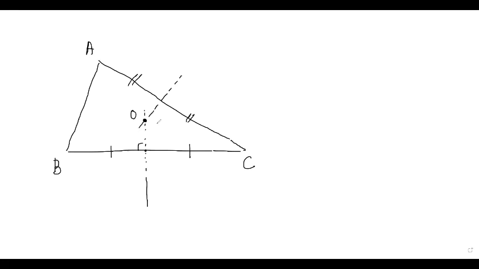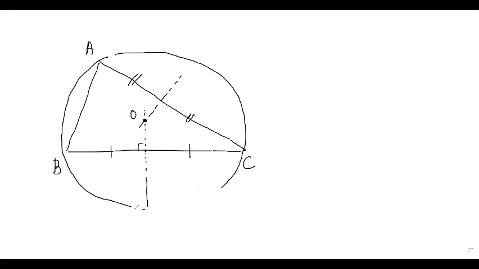This is half and half, right? This is O. Now, since O is the circumcenter, we can draw a circle that passes through all three vertices and has center at O. So this is my circumcircle, roughly. Don't worry about the figure so much, but you understand that this is the circumcircle, because OA is equal to OB is equal to OC, as we have seen, right?